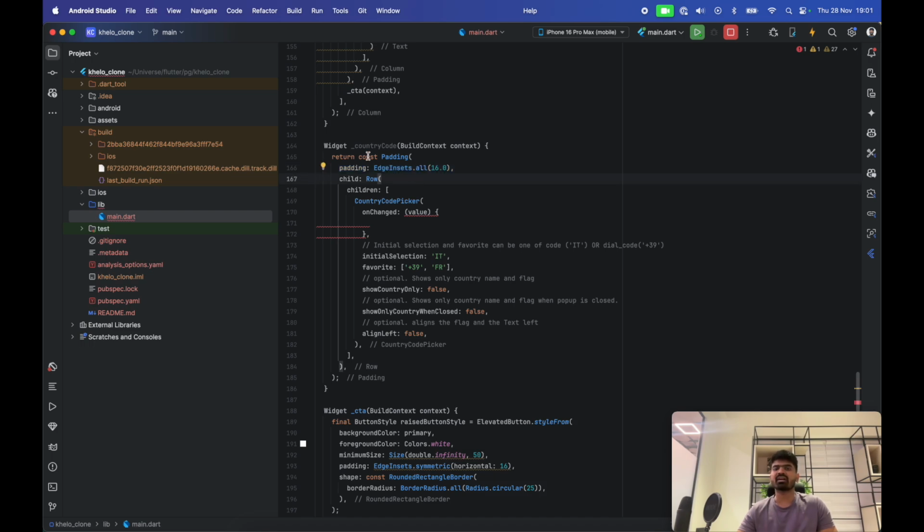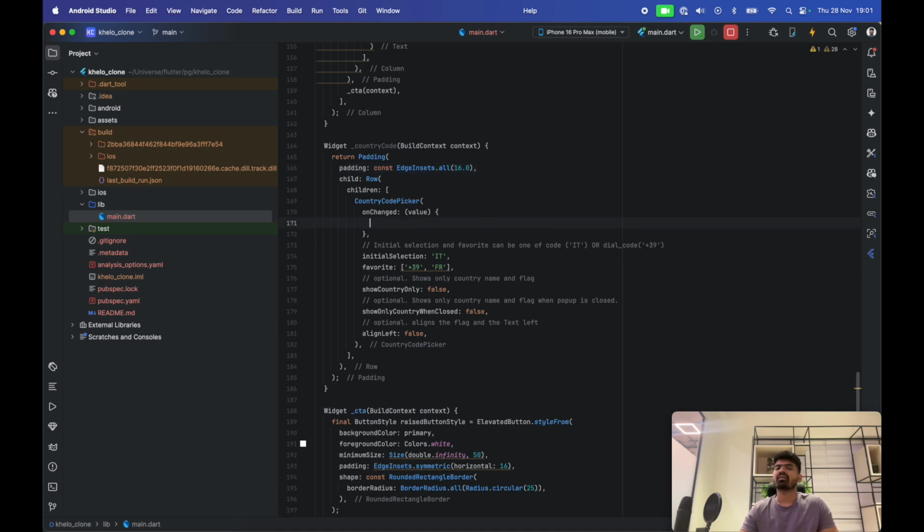So wherever possible, use const, but sometimes you'll be forced to remove it because you have something that is dynamic. But here, if I remove it, Flutter suggests that this can be constant, because this is also a class of EdgeInsets, and that value is always 16, so I can provide the const keyword here, and the